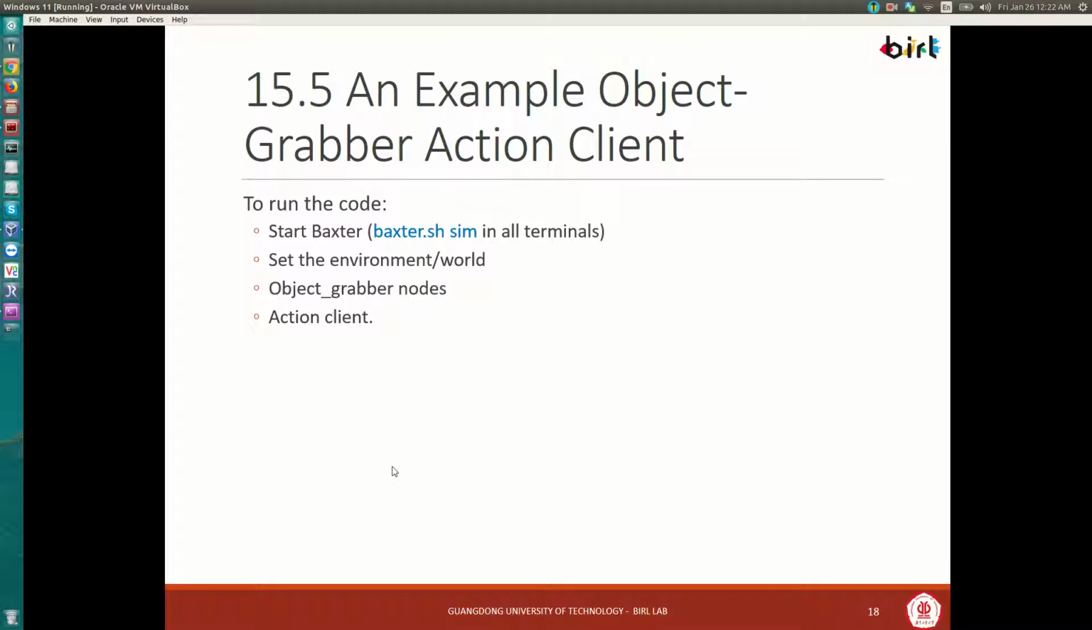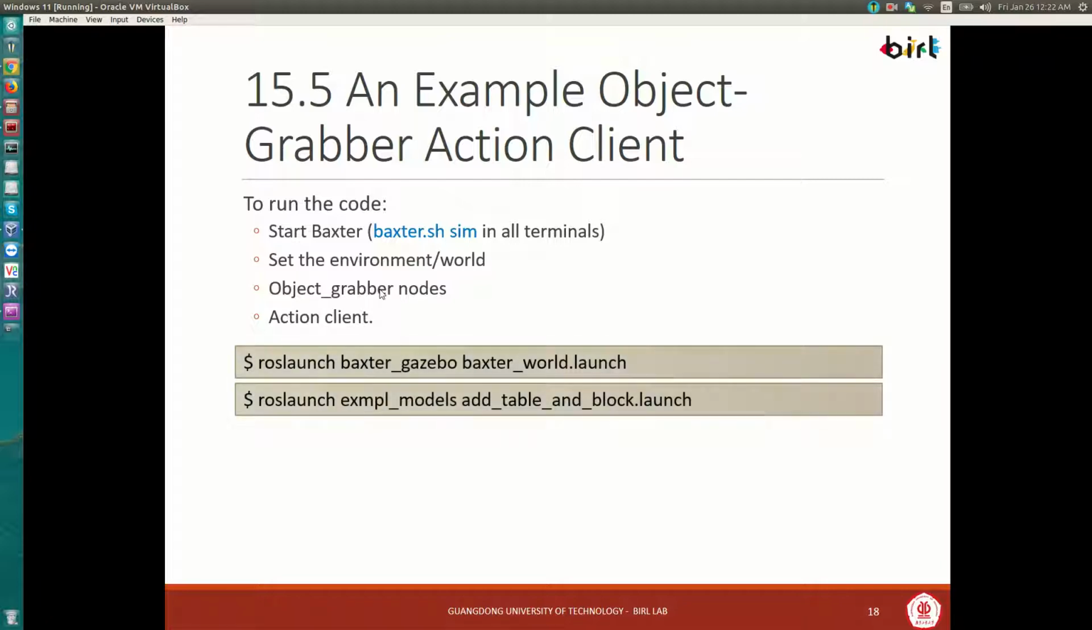Now to actually run the demo, we want to start Baxter. Remember to set the correct Baxter environment for all your terminals. Then we're going to introduce a table and a toy block into our world. We're going to start a number of object grabber related nodes, and finally the client. So to do that,